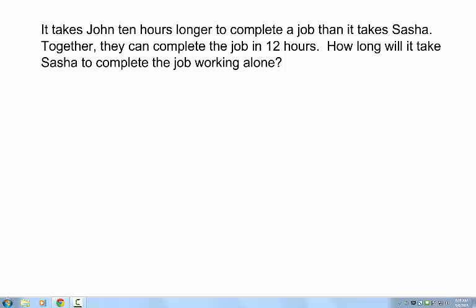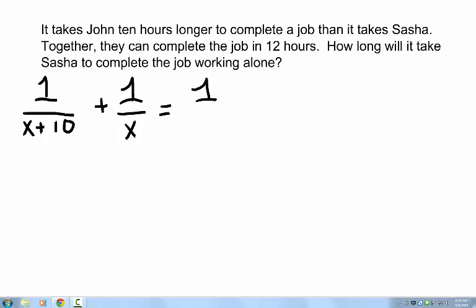We know that it takes John 10 hours longer to complete a job than it takes Sasha. So for one job, it takes John X hours plus 10. It takes Sasha X hours to complete the job, and together they can complete one job in 12 hours. We'll solve this equation for X,